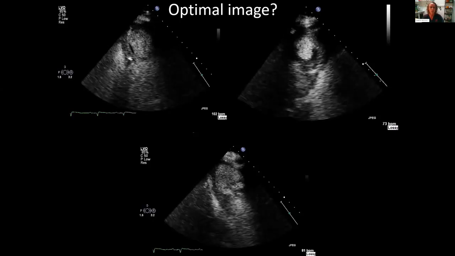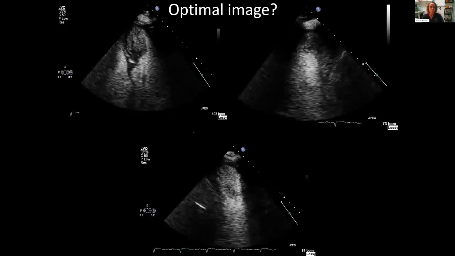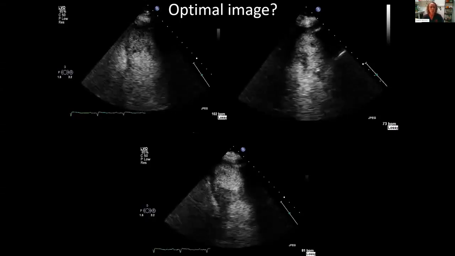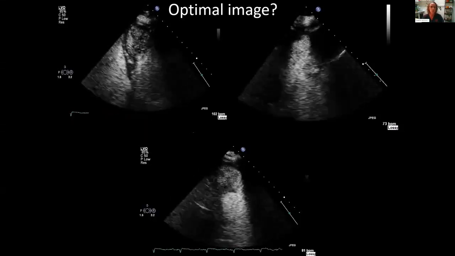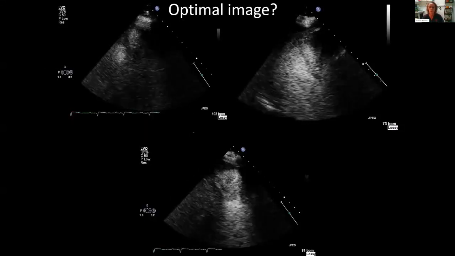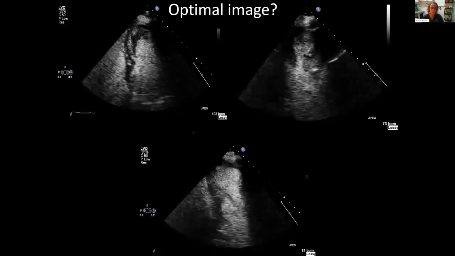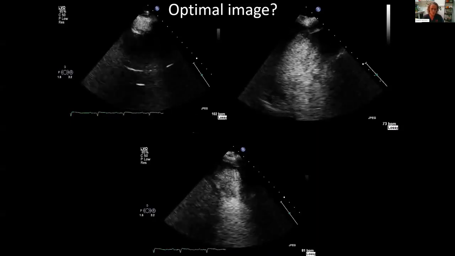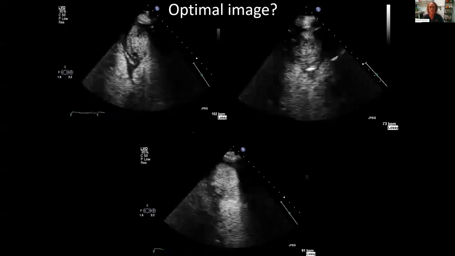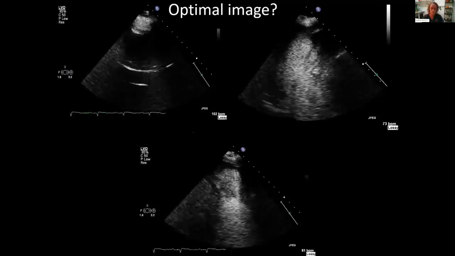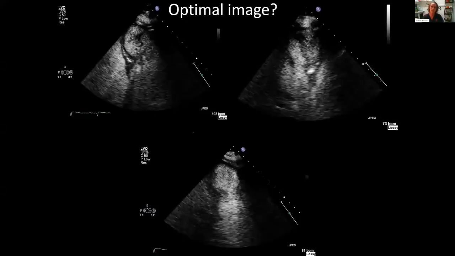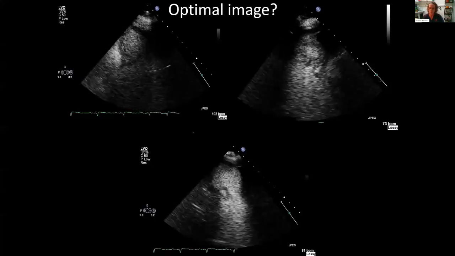I mean, where to begin? You can't see the endocardial borders. We can't see the lateral wall. There's an awful lot of swirling at the apex. You can see that there's obviously a breathing artifact. The lateral wall disappears. The focus is all over the place. I mean, needless to say, this is a non-diagnostic image,